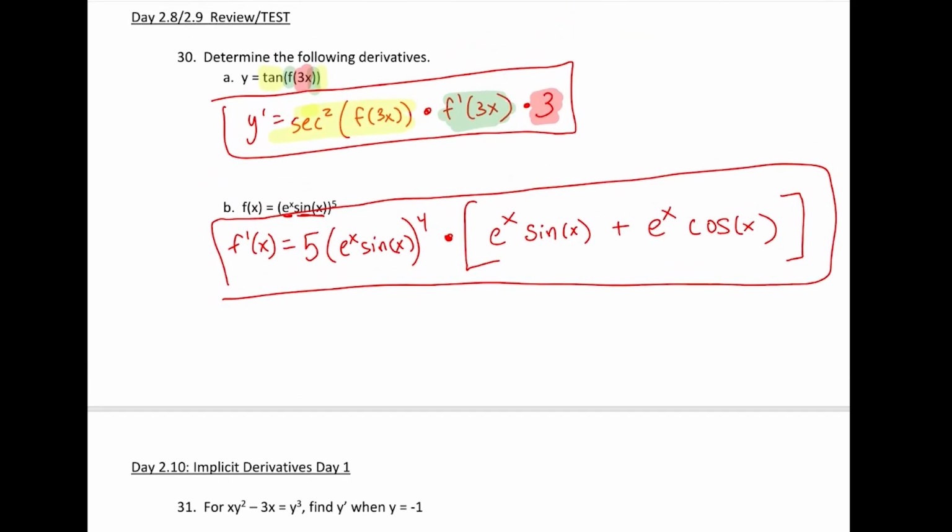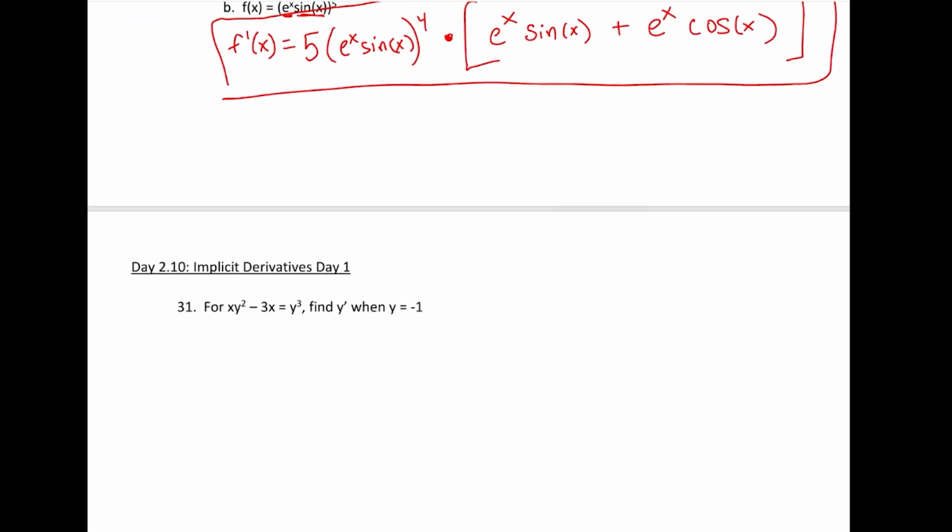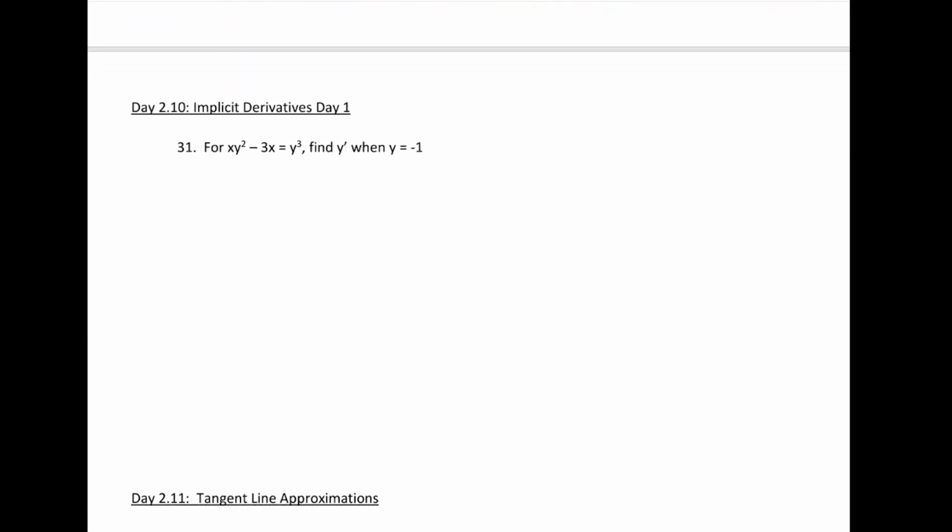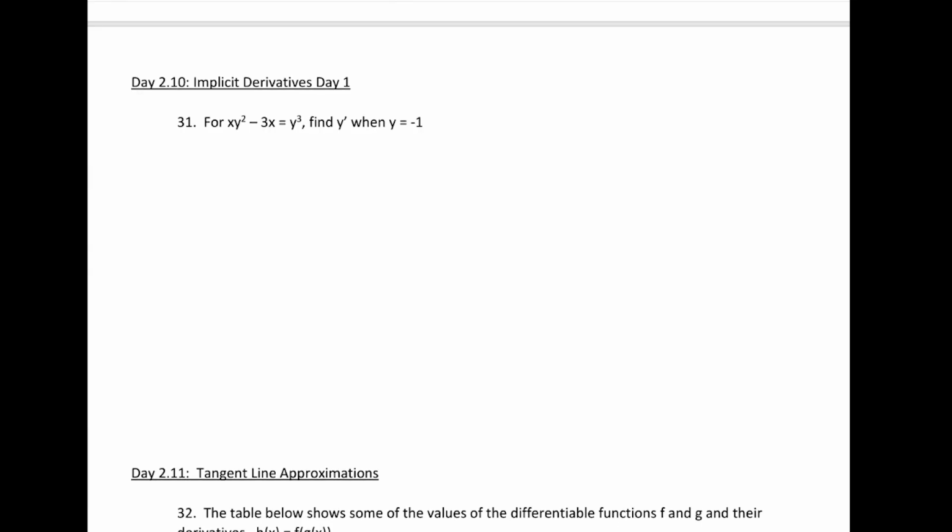Okay. We're moving on now to our 4th and final unit, where we talked about implicit differentiation. We did some more advanced transcendental derivatives. We did L'Hopital's rule, some tangent line approximations. I think that's about it, but we'll see if there's anything else. So 31 is asking us to find the derivative when y equals -1. We're going to use implicit